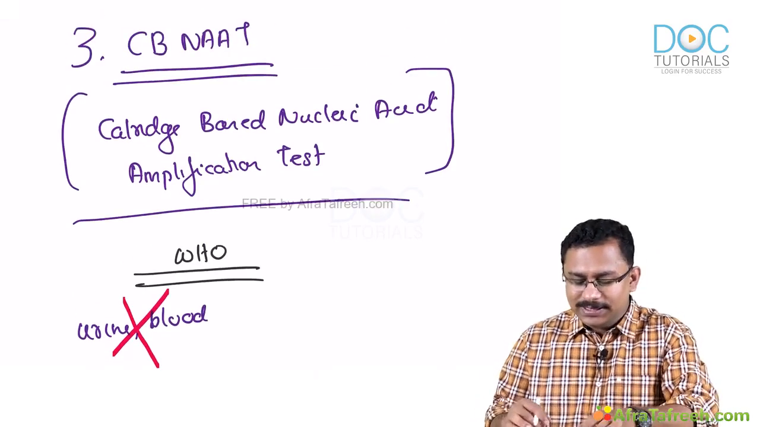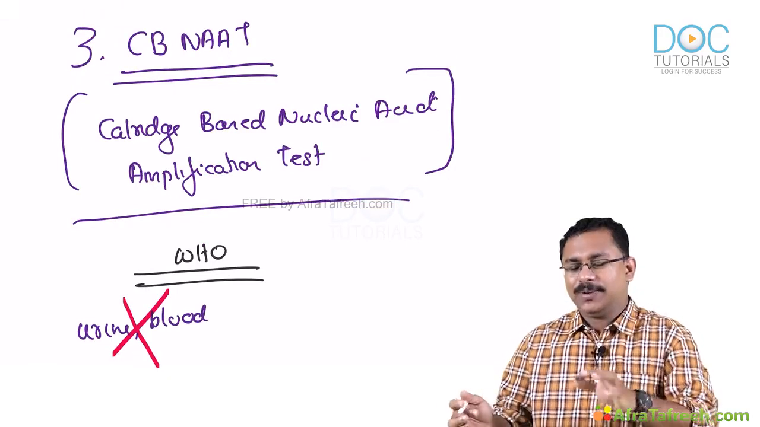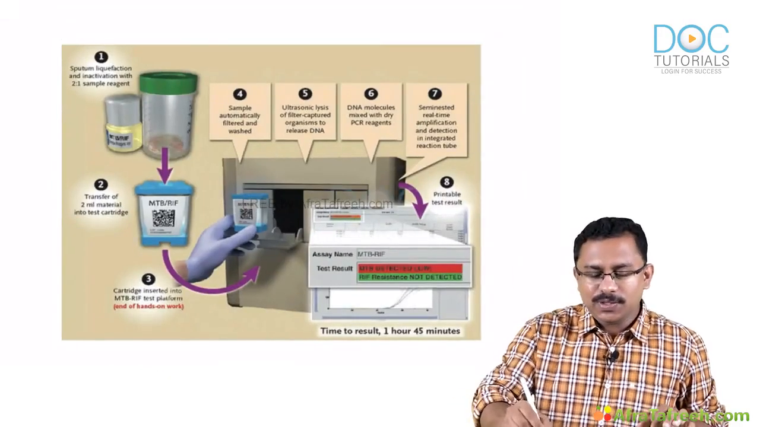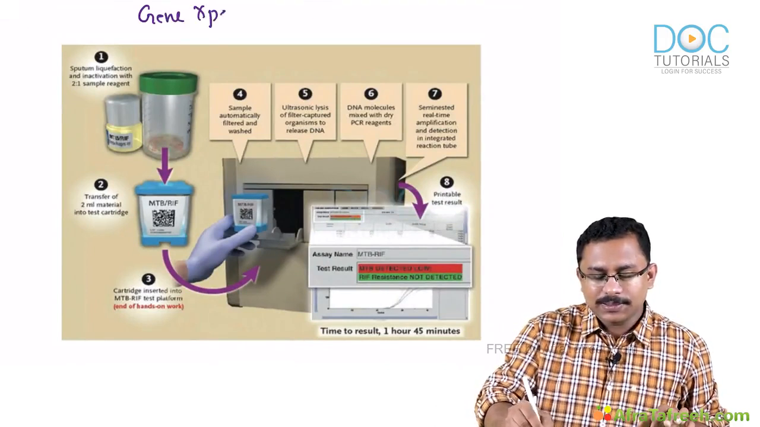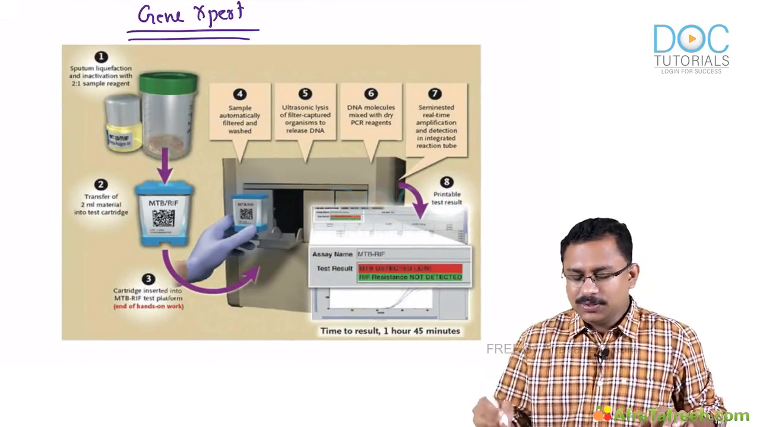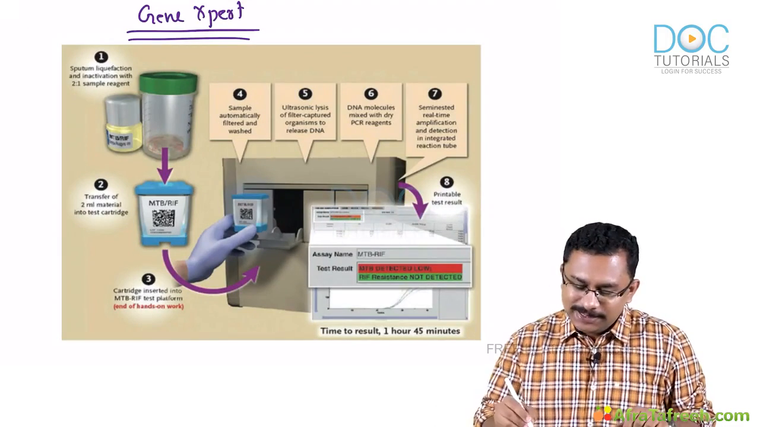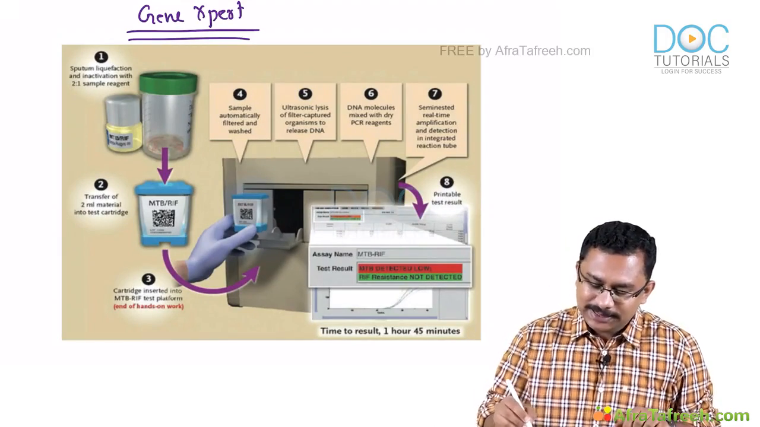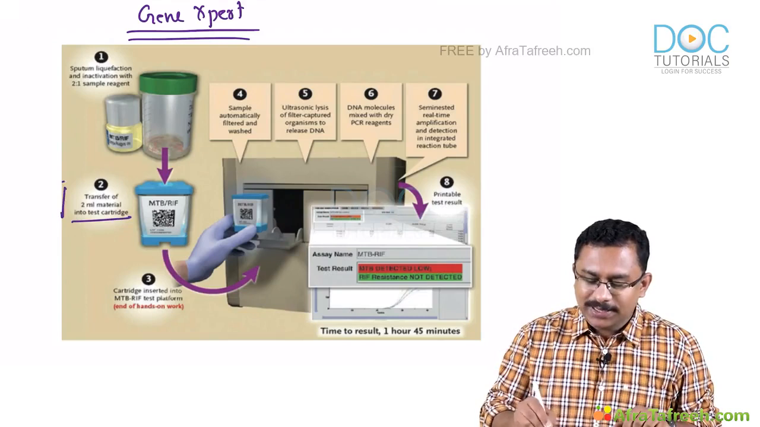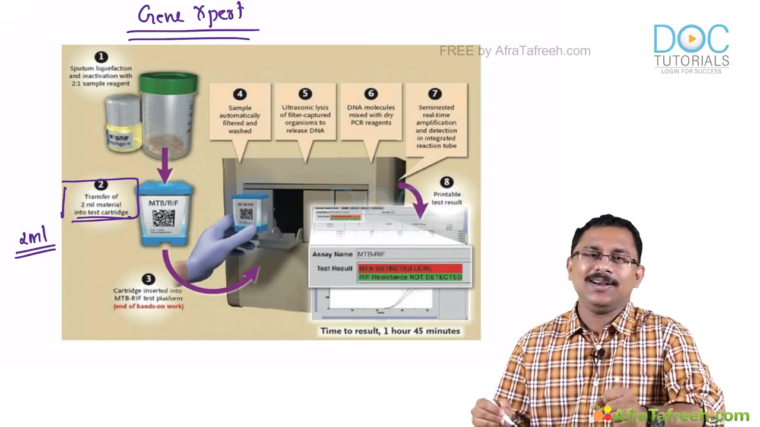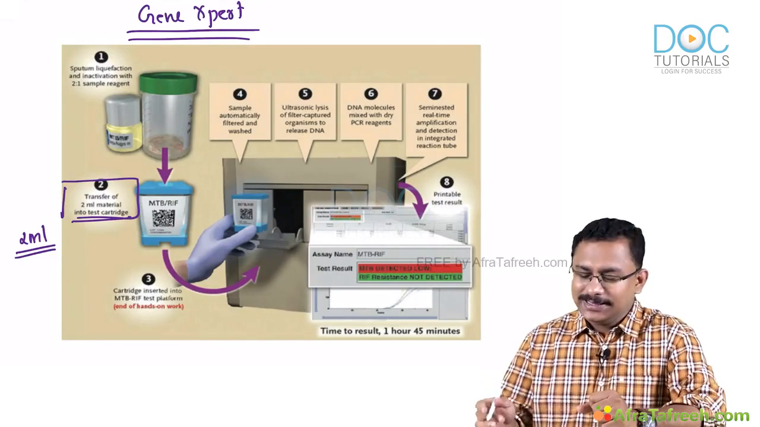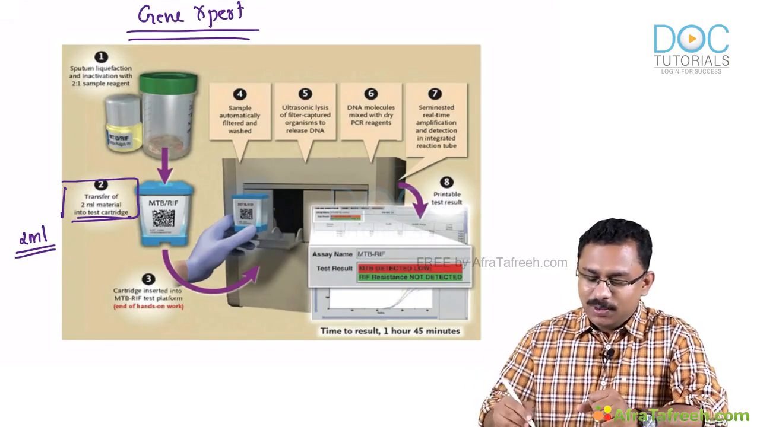The instrument in which, I'll just show you the makeup of the instrument. So the instrument in which you do this is called a gene expert. Gene expert. So I told you this is a cartridge based nucleic acid amplification test. So for testing it, you require 2 ml of whatever specimen you are taking, that is put into this cartridge, and then you are actually trying